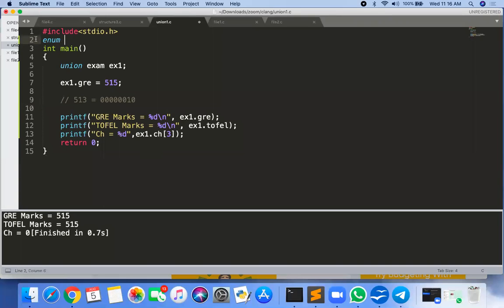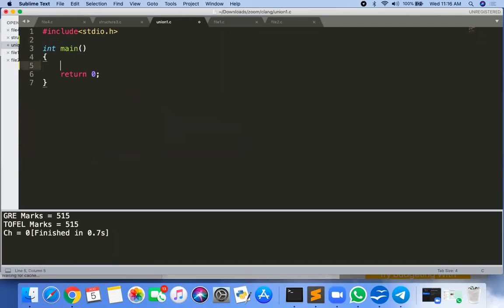So enum I have created. Actually I am creating the enum inside the main function itself, because it's a local enum. You can create it outside also. enum colors, and then different colors, suppose the first one is white, comma, or instead of colors we will put the weeks.